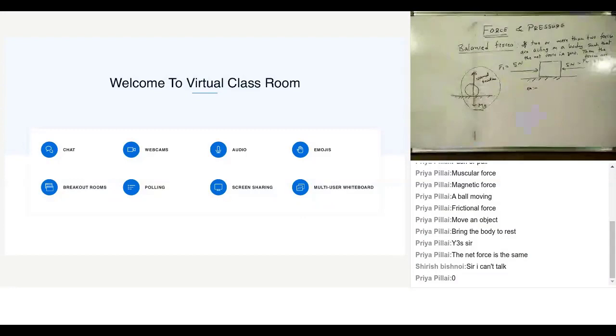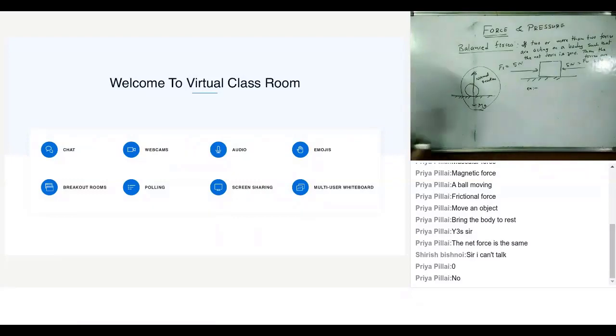Can a single force act as a balanced force? Sir, if it is 0 Newton? No, I can never have a single force acting as a balanced force, because the definition of balanced forces says that if two or more than two forces are acting on a body, then the forces are balanced if the net force is 0. I hope it is clear. A single force can never be a balanced force. Now, what was the next example that you gave?